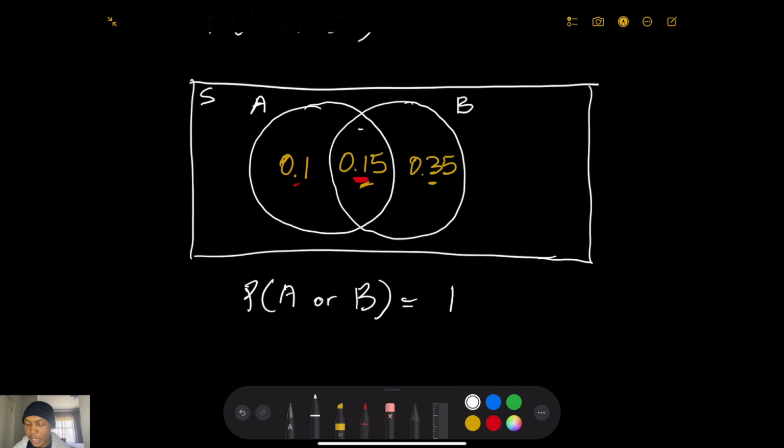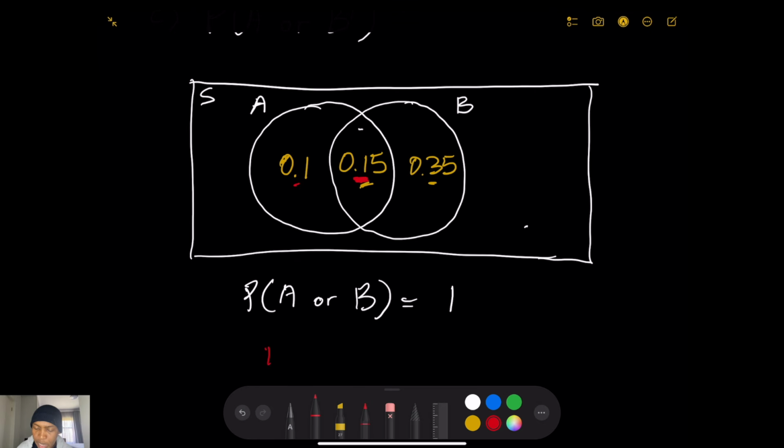But is that the case, right? If I take that, it's 0.1 plus 0.15 plus 0.35. If I add all of those up, they give me 0.6. So it means it's not exhaustive, meaning that there should be something that is not under the probability of A or B. So there should be something that still is outside, right? So what I will then do is that I will say, well, in this case,